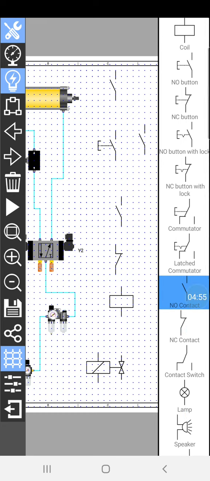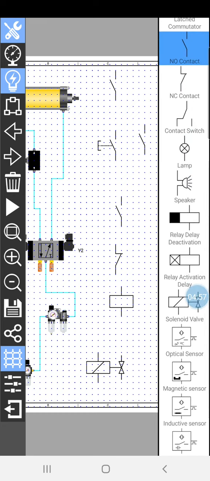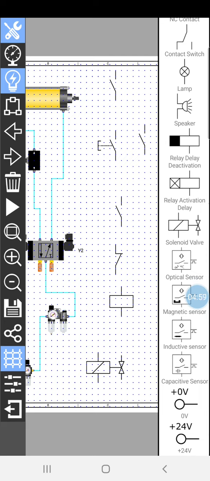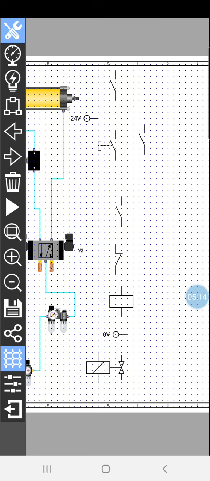Now I need the power supply, so let me see where the power supply is. I'll pick the 24 volts and I'll drop it somewhere here. I'll pick the 0 volt and I'll drop it somewhere here. I'll just exit this electrical components,